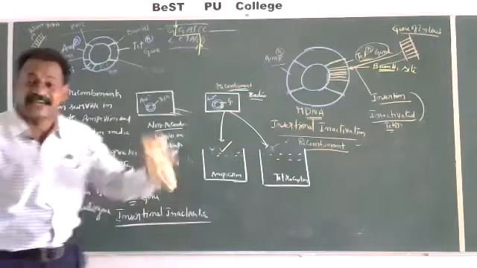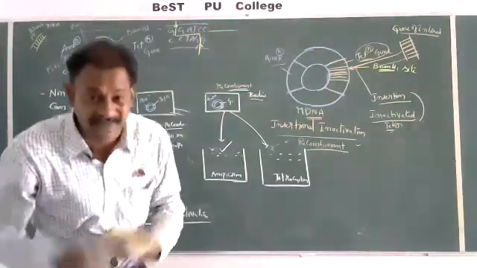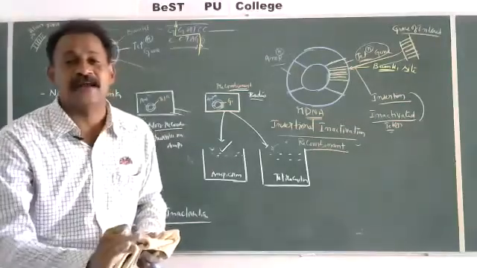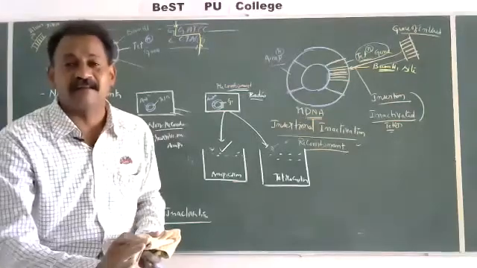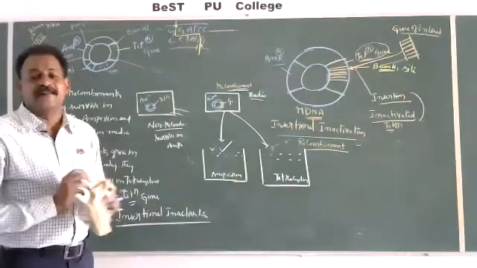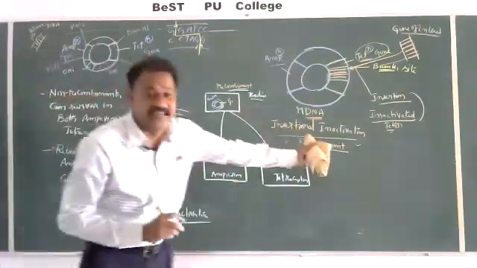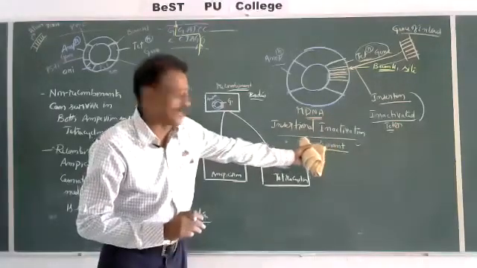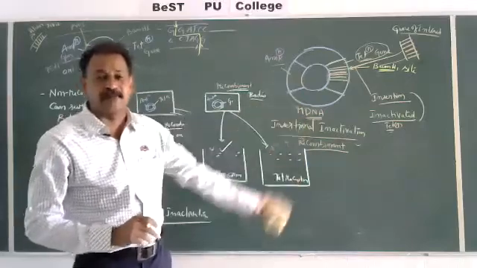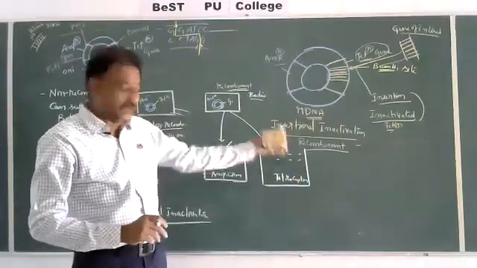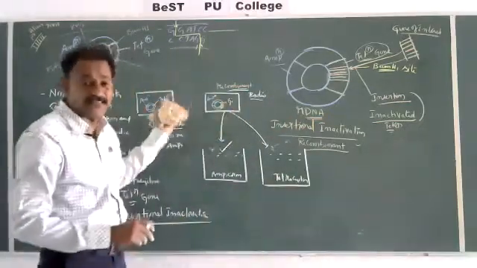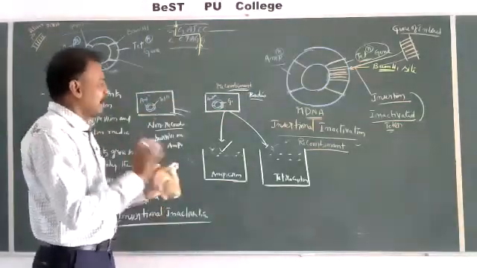For the purpose of identification of transformants, non-transformants, recombinants, non-recombinants, selectable markers are used. And generally, what is a selectable marker? Generally, drug-resistant genes are used as selectable markers. These drug-resistant genes are ampicillin, tetracycline, chloramphenicol, kanamycin, neomycin, bacitracin, streptomycin. So many drugs are there, but in the syllabus concerned, NCERT has given ampicillin resistant and tetracycline resistant.